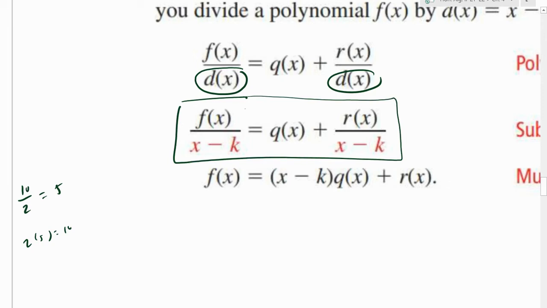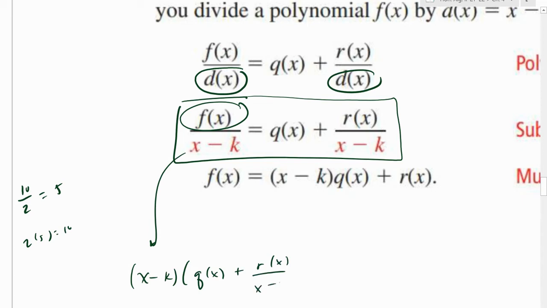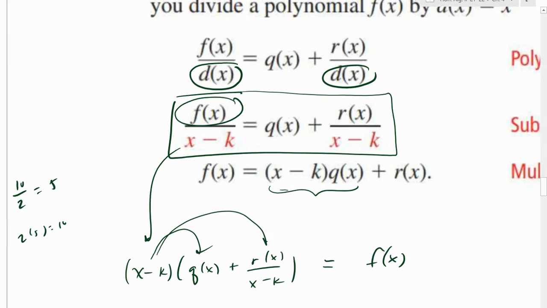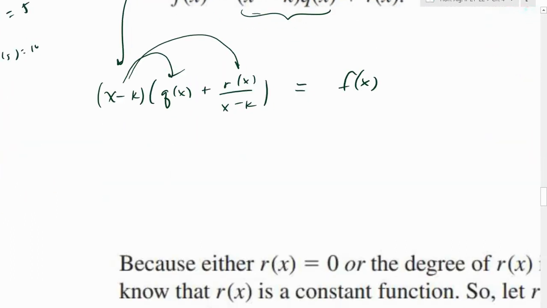So if this is what I started with, then what I'm dividing by, if I multiply that by the answer, that should get me back to the function. So that's all this is showing. Like they're multiplying that, and then multiplying this, which makes the x minus k's cancel out, and you get the plus the remainder. Okay. Now the thing about that,